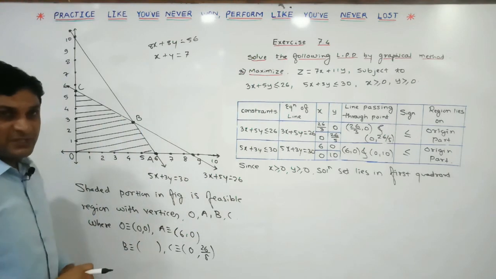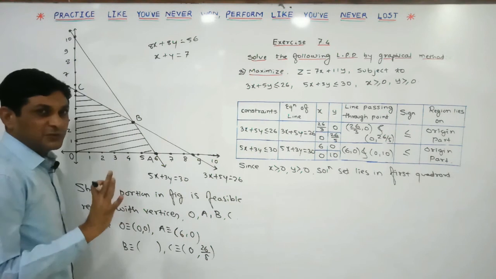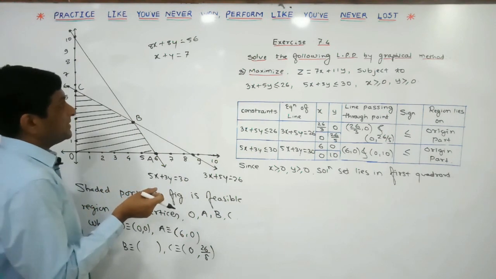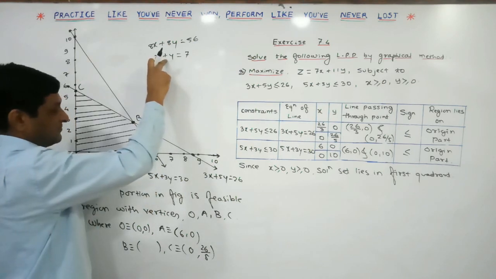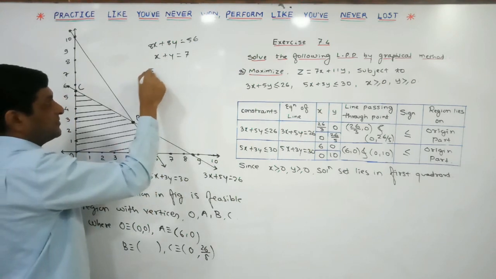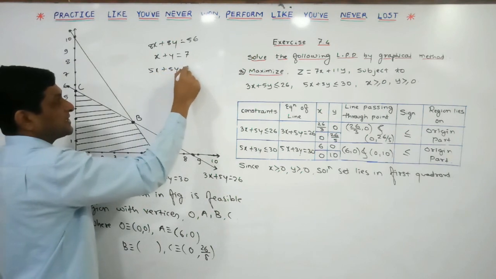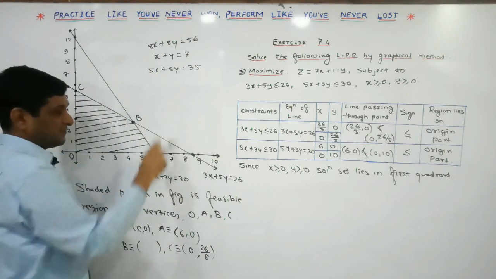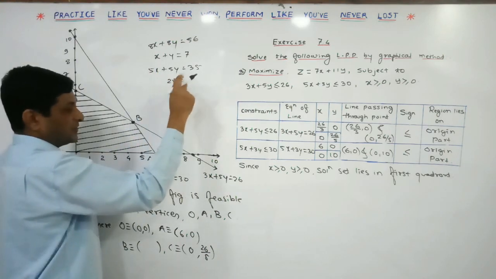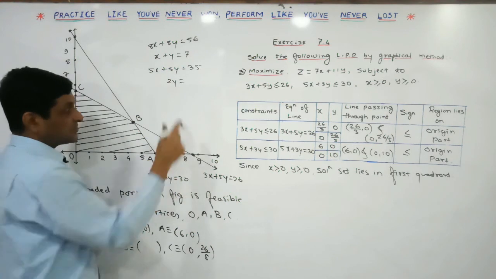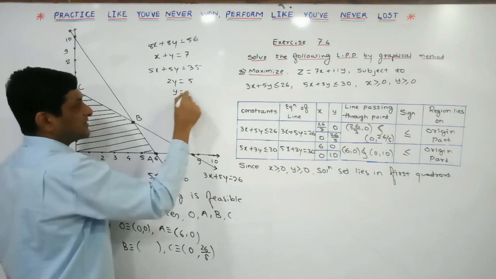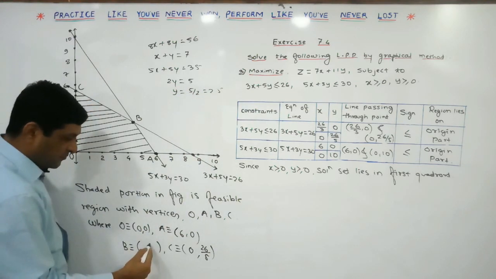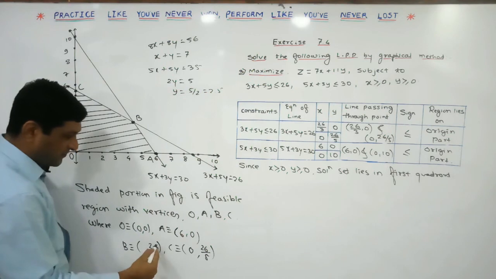Now a total of 3 equations are available. Solving any 2 equations, we are able to find the values of x and y. A better way: I am multiplying this equation by 5. Let us see what we'll get. 5x plus 5y, and on this side we will get 35. Now take the difference of these two equations. The term of x will get cancelled, 5y minus 3y is 2y, and on this side 35 minus 30 will be 5. So y is equal to 5 by 2, which means 2.5. In this way we have got the value of the y coordinate, that is 2.5.